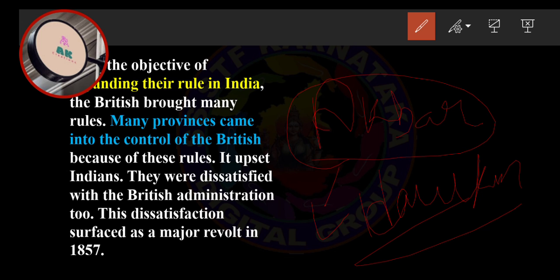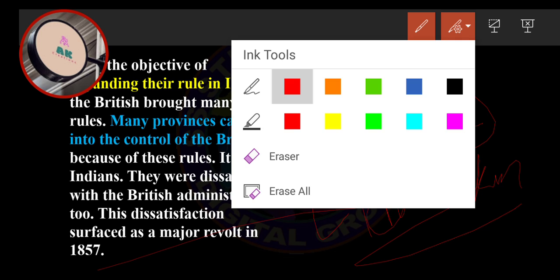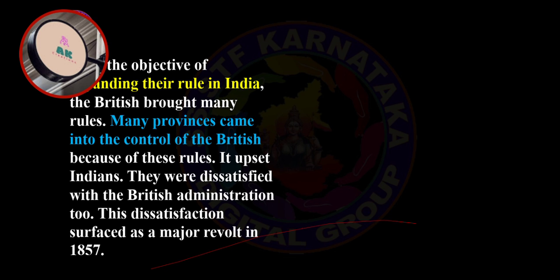The first war of Indian independence is all about the Indian people. They got frustrated by the rules and regulations of the Britishers. That's the reason they started and raised their voice. They were ready to gain their own freedom. In this lesson we are going to learn about that only.